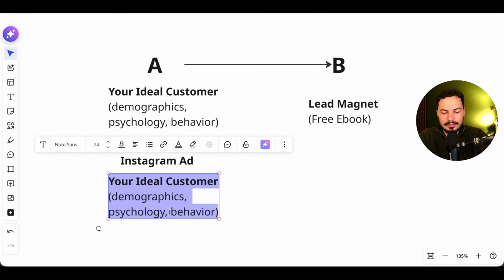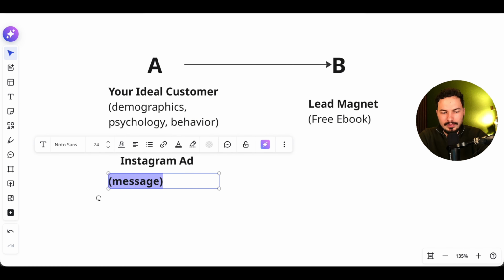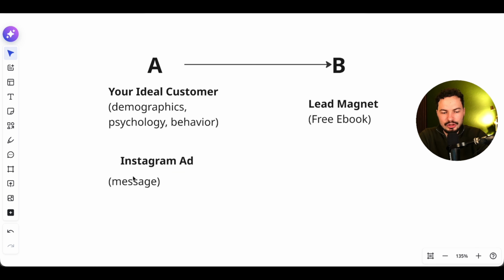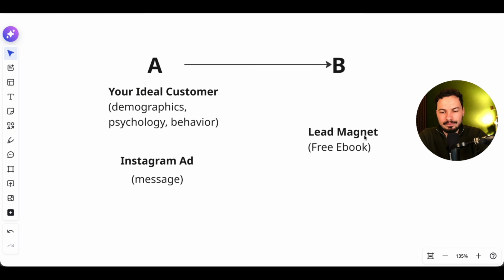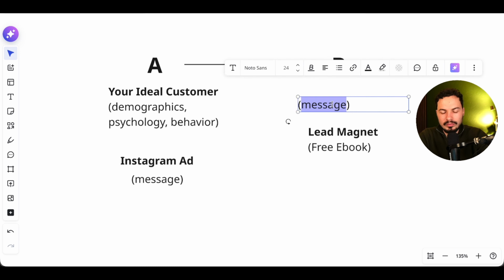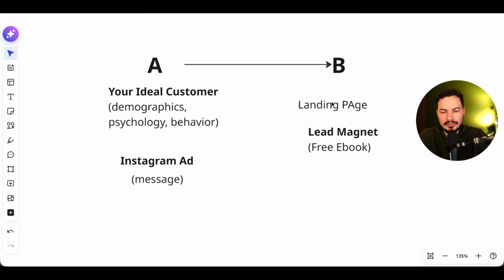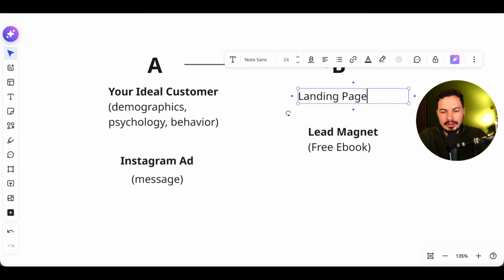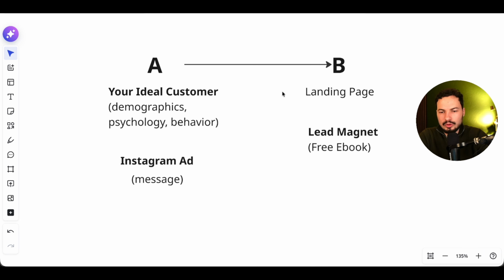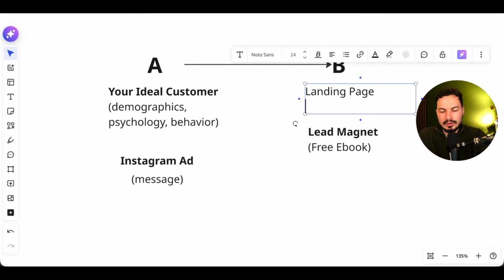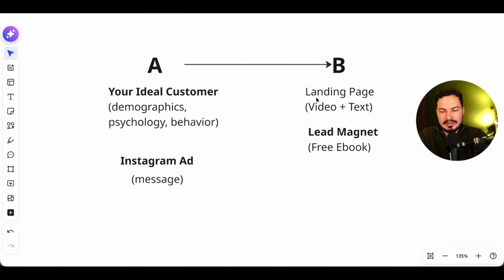Let's say a message here. This is your message in your Instagram ad, and you want people to come to your landing page, which is a presentation page. You can do that in Cellvision, for example, where you have some sort of video plus text presentation, where you just tell them, hey, this is us, you have this problem,